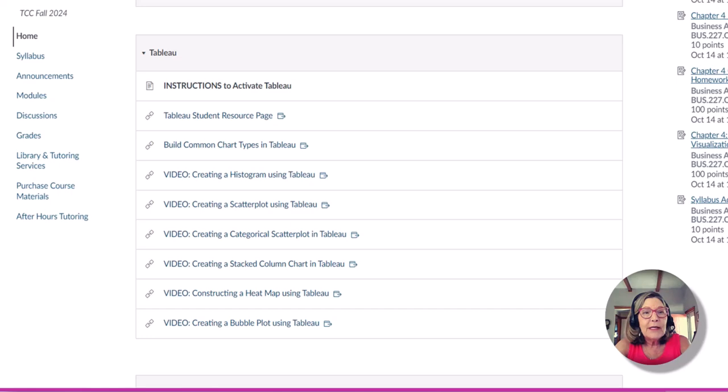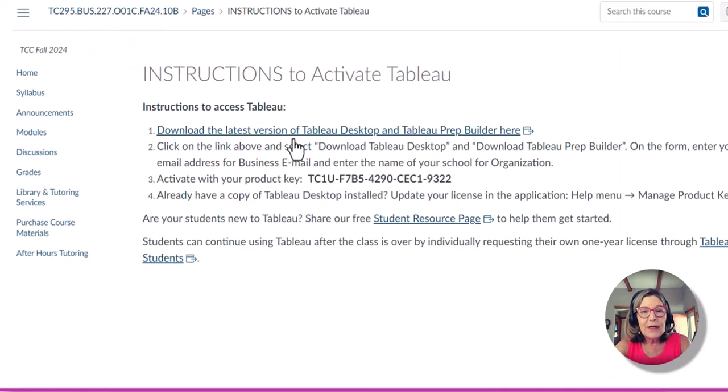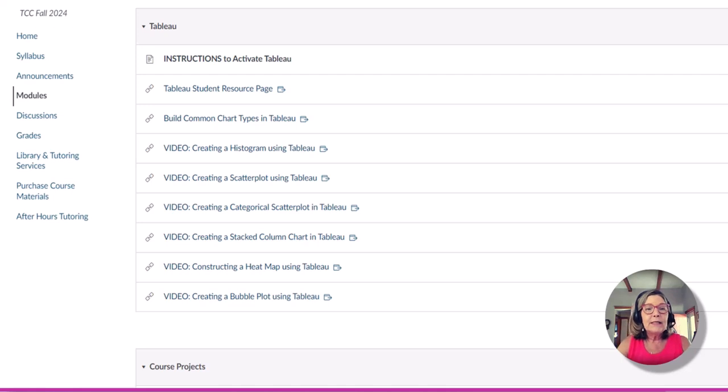You'll see here in Canvas that if you go to the module labeled Tableau, you'll have your instructions to activate your subscription. And this is no cost to you. So you're simply going to follow these instructions and then activate your subscription with the product key that I've provided. If you have questions or concerns, you can always email me or post to the discussion, but this should go pretty smoothly. Then what you'll see is some student resources, a link to the Tableau site for common chart types,